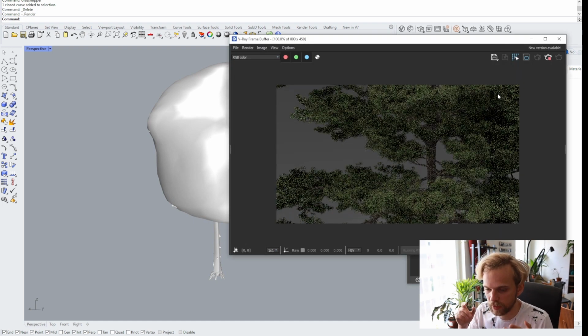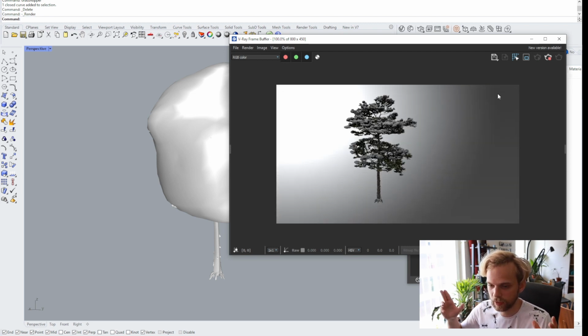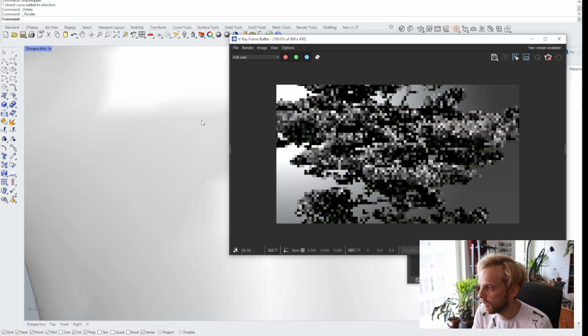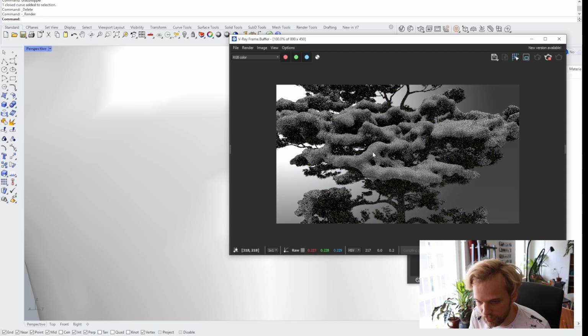So the snow is a block, the tree is a proxy, and both of them are grouped into one group. And it looks like that. I think that looks fine. Just fine. Keep in mind, this is gray material, right? Gray default material, so it's nothing fancy, but it does look like snow. So now,